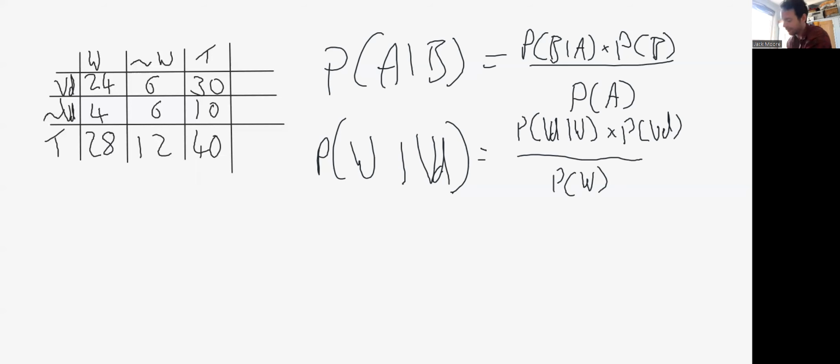Okay, so let's work out those statistics then. I'm going to move over to the left-hand side of the screen for this. So first one, P of W given Van Dijk, equals the probability of Van Dijk playing given that they won. So let's work that one out. So the probability that Van Dijk played